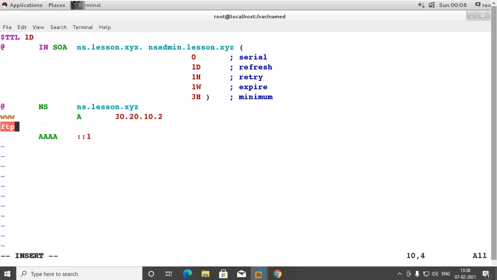My FTP server is 30.20.10.3. I write these two records. Again, this will be terminated by a dot. Save this file.